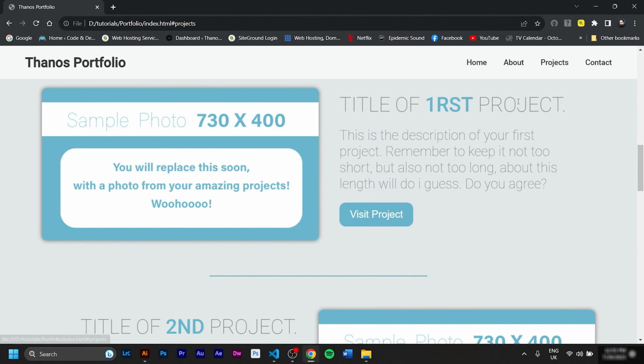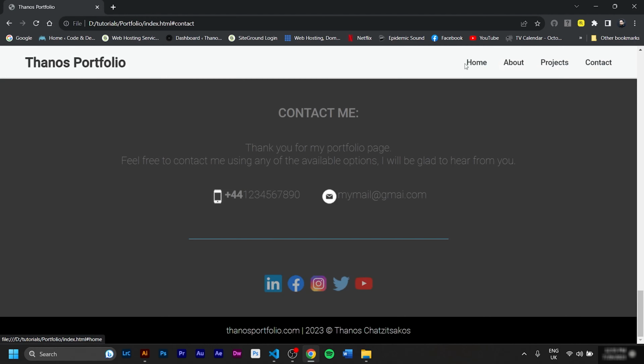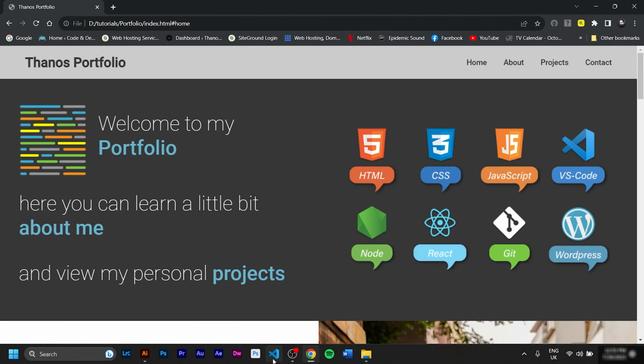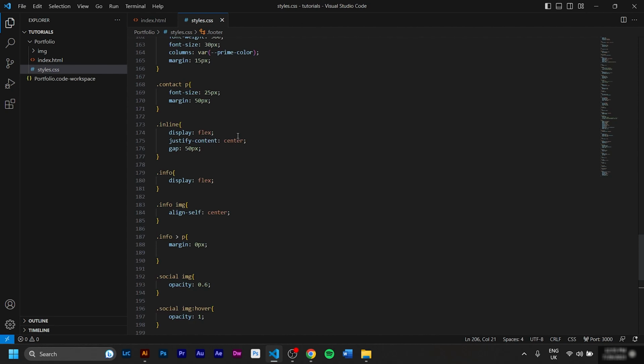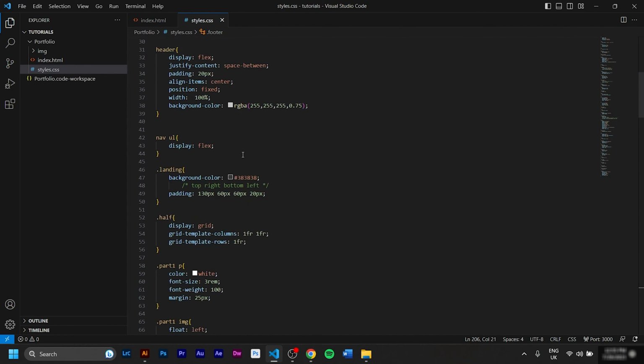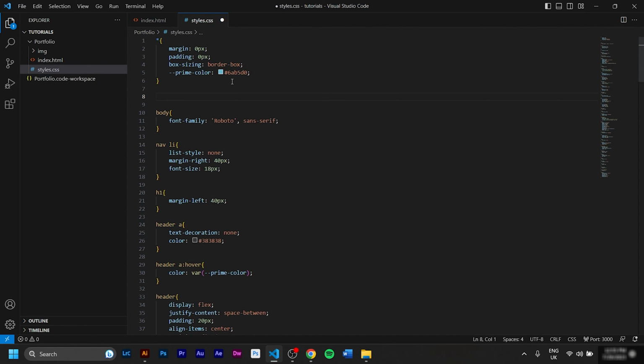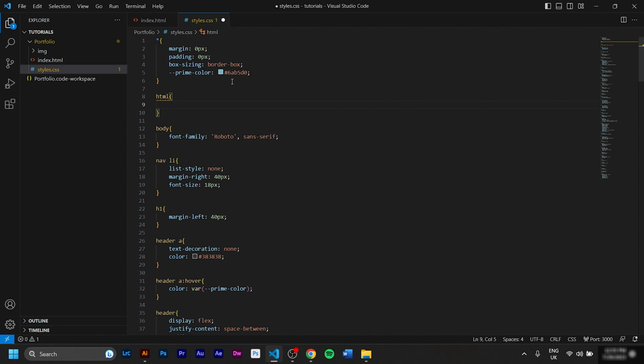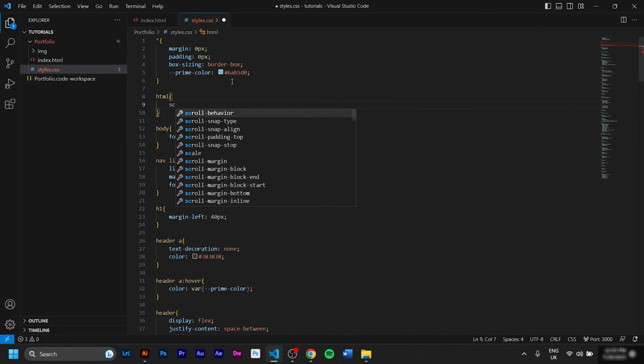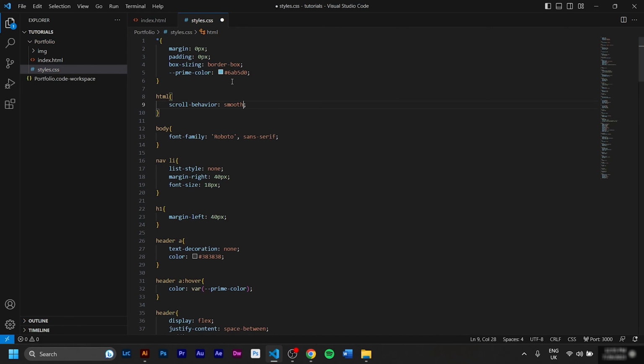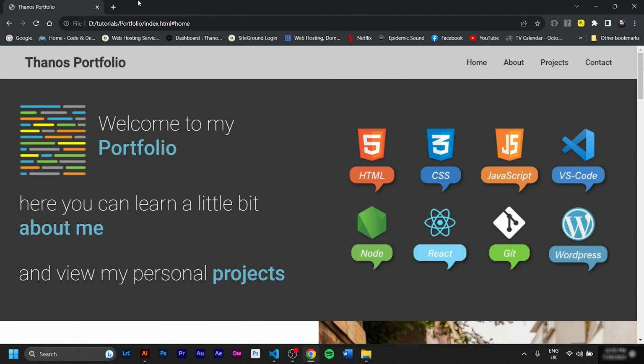I want to make this thing more elegant, so it's gonna be scrolling around from one position to the other. This is very easy to do nowadays. You just go on your CSS. So I'll go after the asterisk and I will target the whole HTML document and we'll add scroll-behavior: smooth. Hit save and believe it or not, that's it.